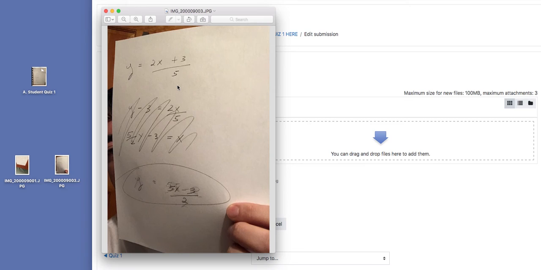So I can't award much, if any, credit for a problem submitted like this. I have to see how you arrived at your answer, and clearly this is the right answer, and this work is completely incorrect. I grade based mostly on the work that took you to your answer as opposed to the final answer. So this would not receive a